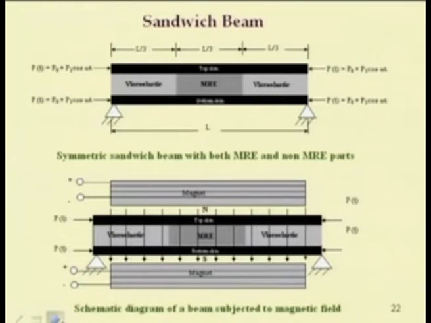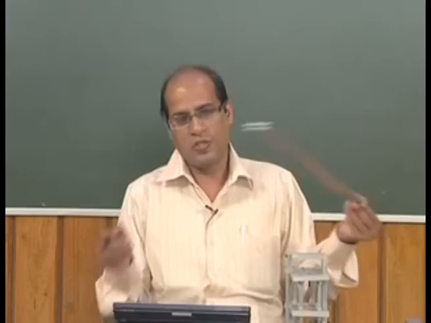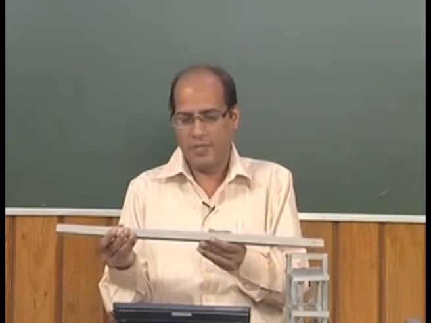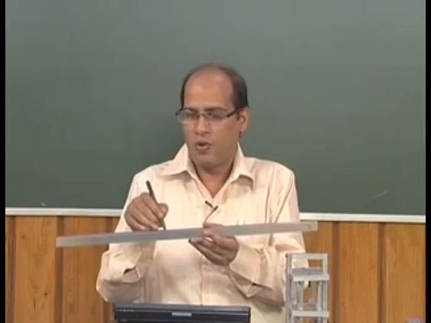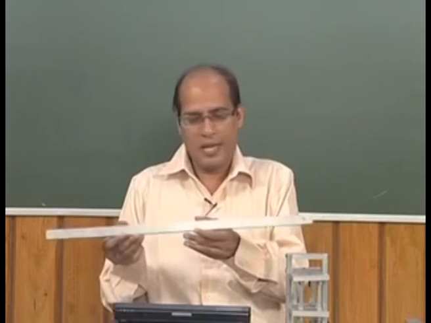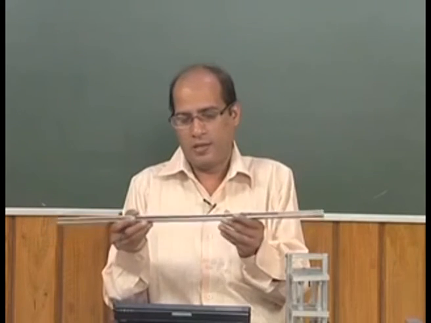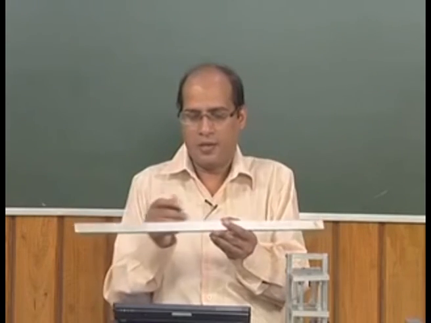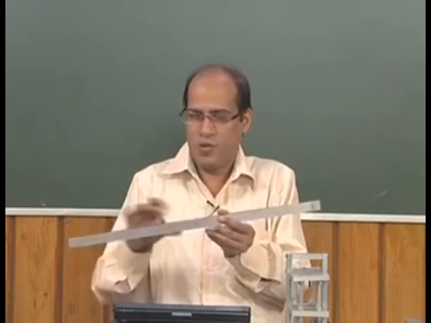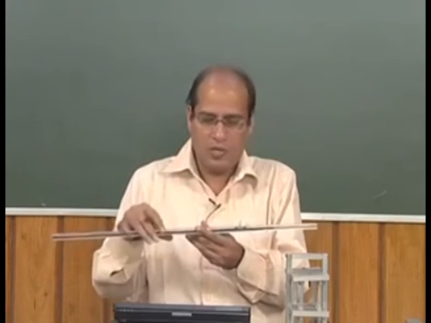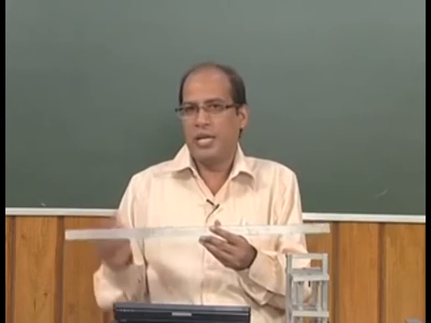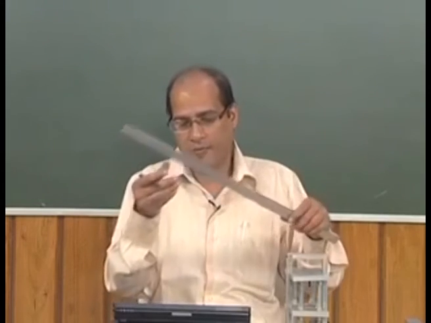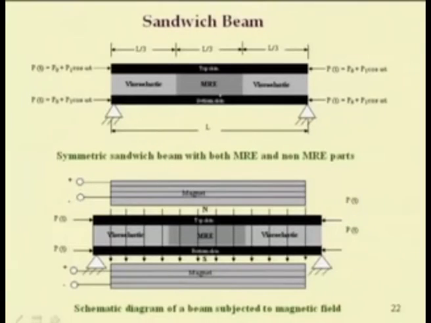So, I have shown you different types of systems. This is a sandwich beam. In case of the sandwich beam, you have a core and you have the skin, and this core you can modify by taking different patches. You can add a piezoelectric layer also. You may add a magnetorheological elastomer core also. In case of this magnetorheological elastomer core, or in short MRE, if you add it, then you can actively or passively control the vibration of the system.